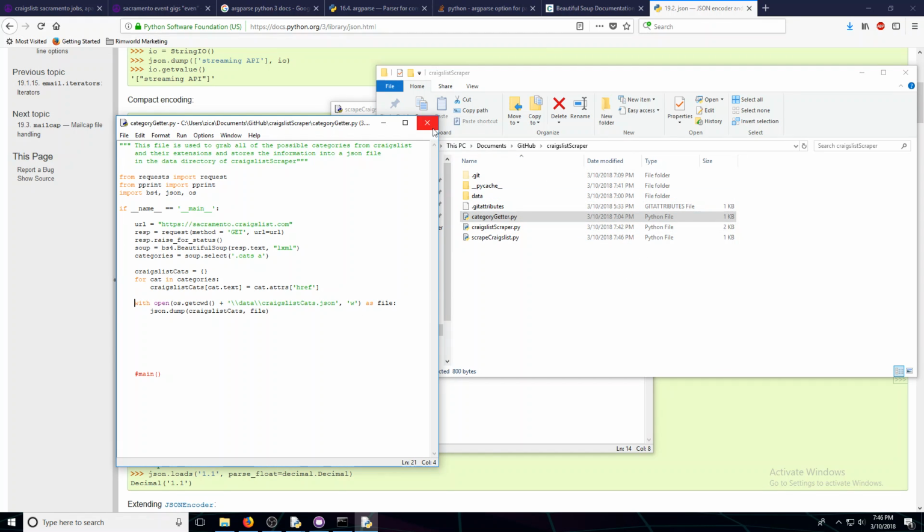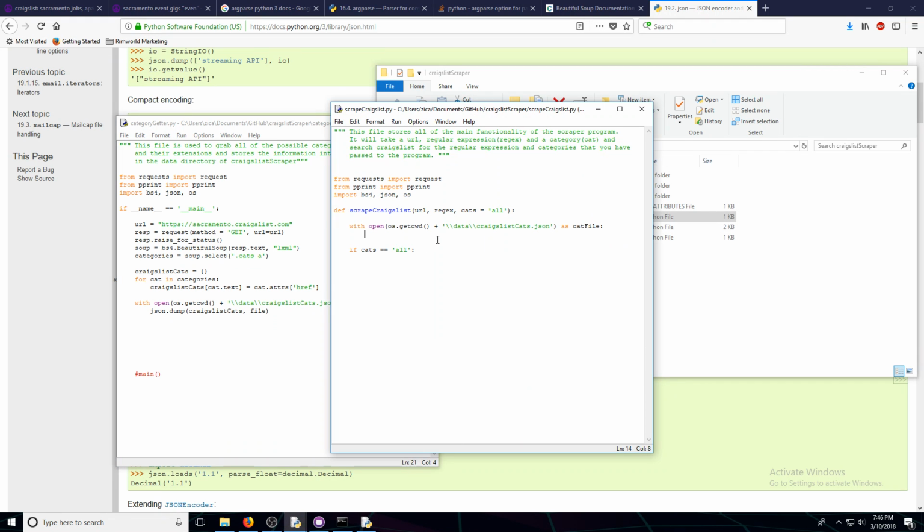And there you go. So then we'll open the file, load the cat data, category data, and then close the file automatically. If cat is equal to all, then we do